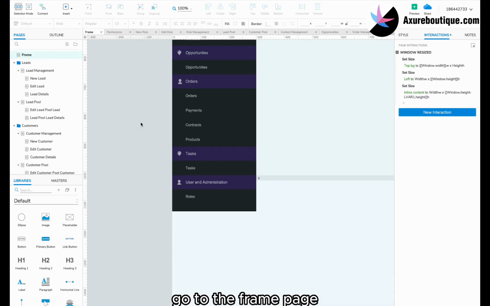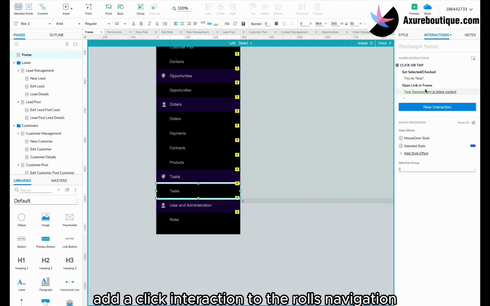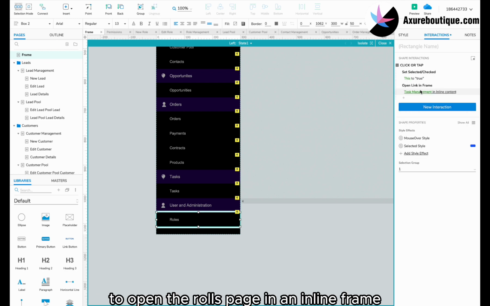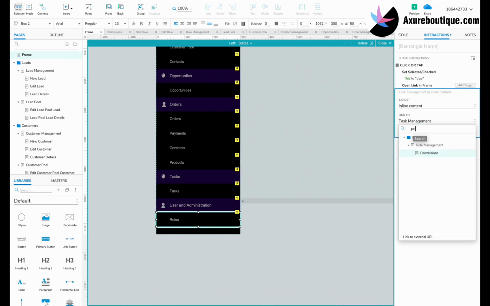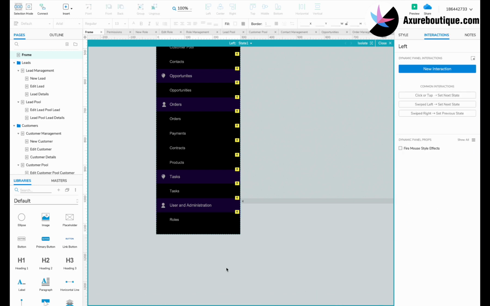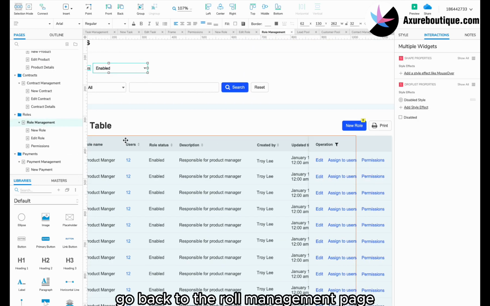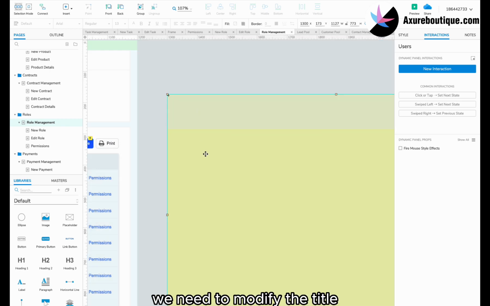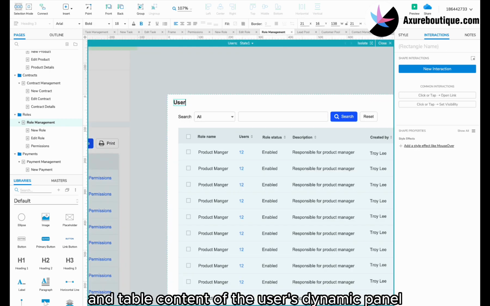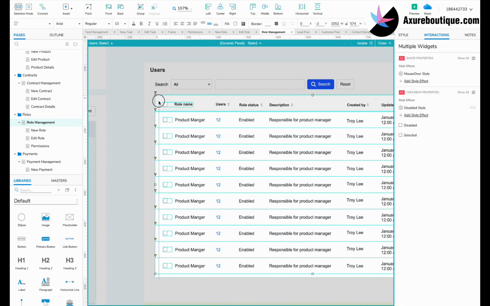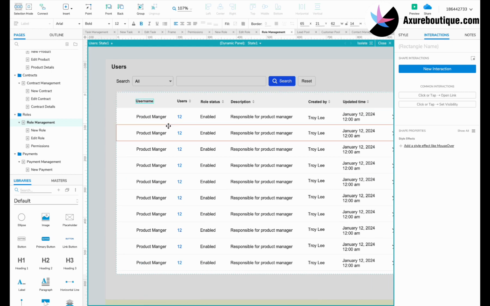Go to the Frame page. Add a click interaction to the Roles navigation to open the Roles page in an inline frame. Go back to the Role Management page. There is an error here. We need to modify the title and table content of the User's dynamic panel. We need a username,